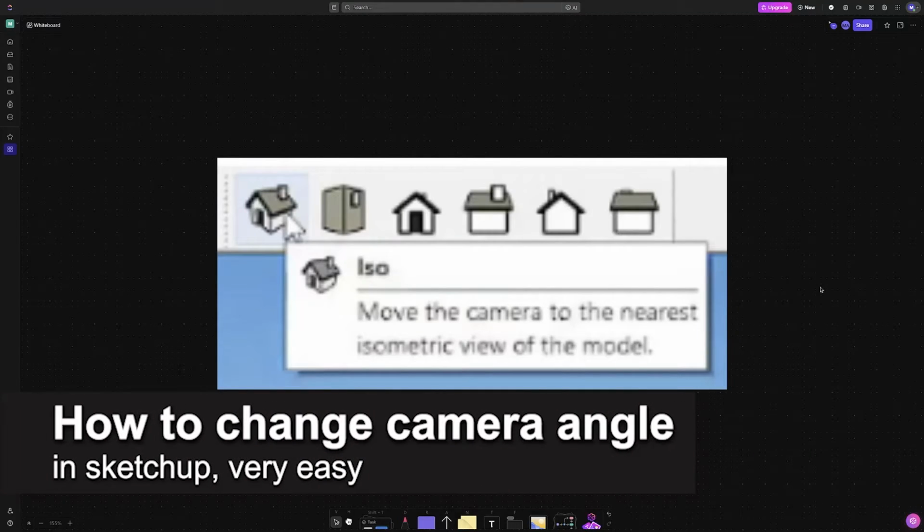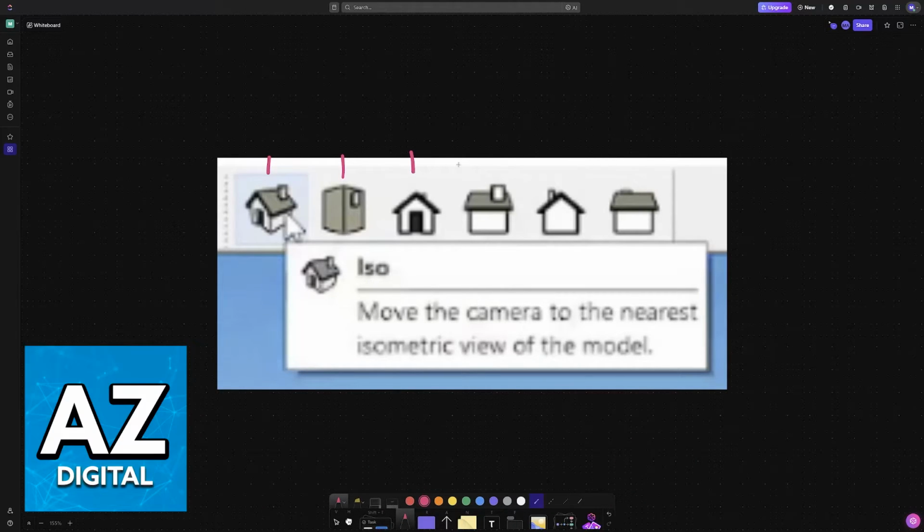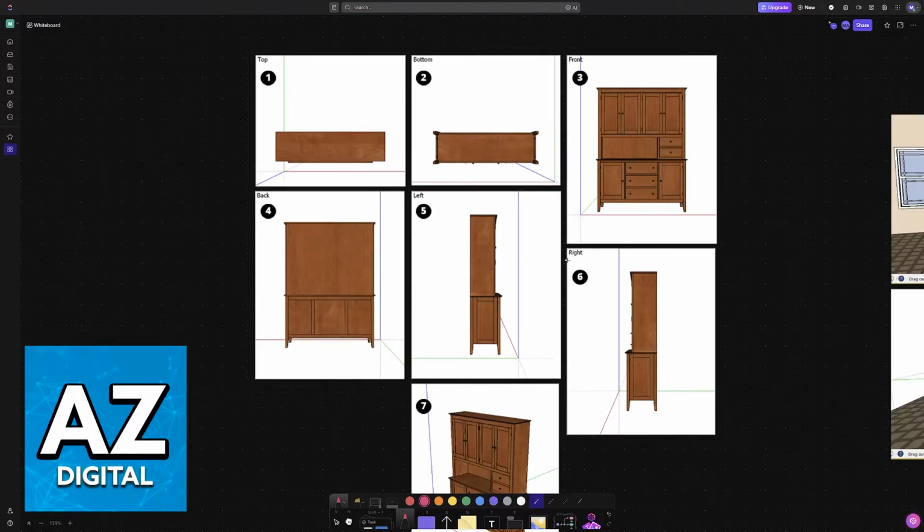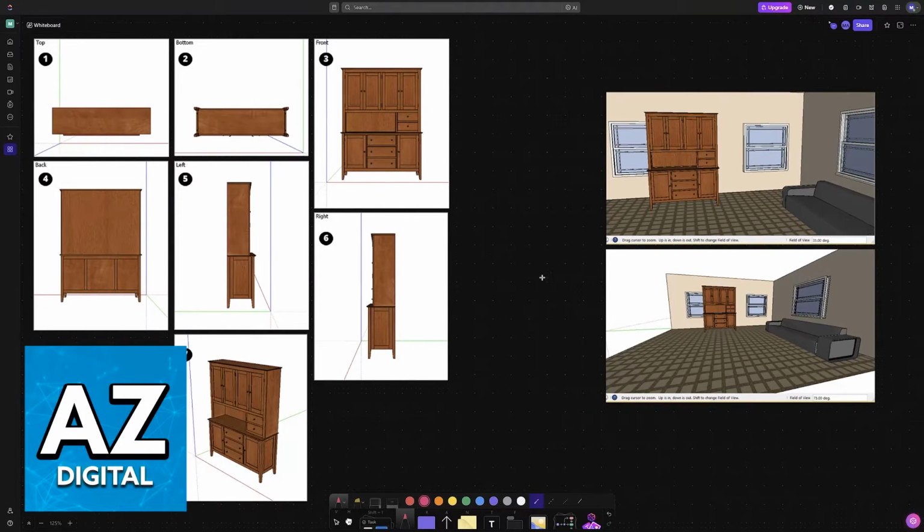In this video, I'm going to teach you how to change camera angle in SketchUp. It's a very easy process, so make sure to follow along. I'm going to teach you how to access all of these options that allow you to use preset camera angles and how you will be able to customize the angle, including the field of view for any